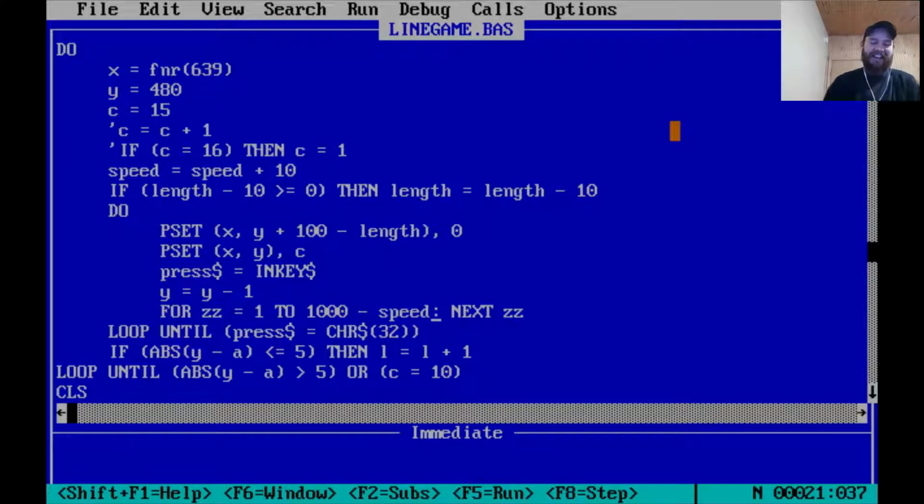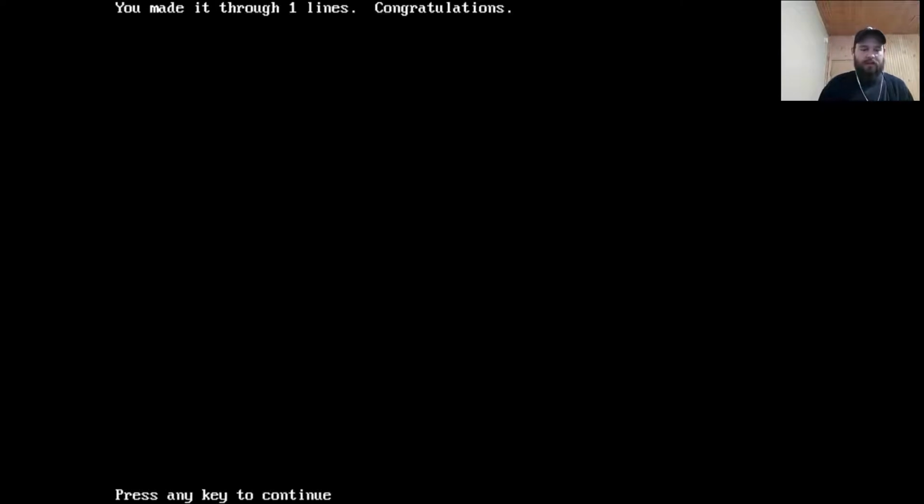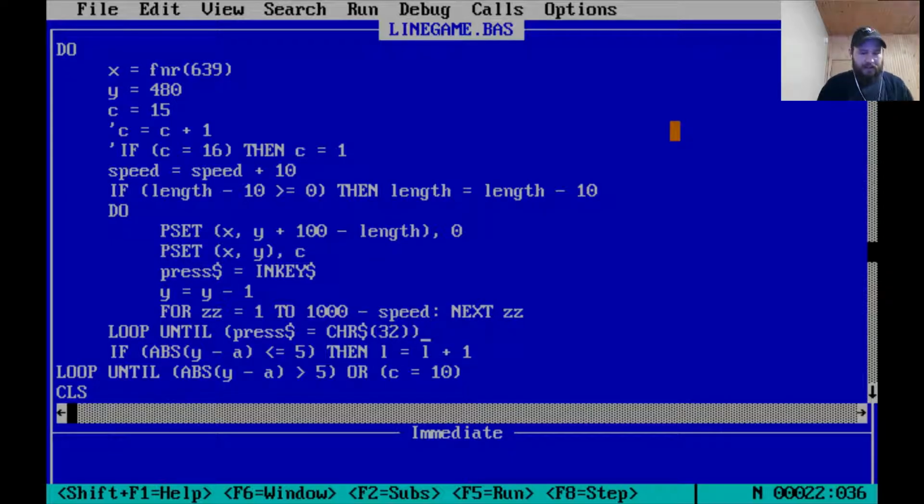Okay, here's the explanation of the game. I remember now. You're starting off with 1 pixel, and you have to hit spacebar when it matches the line. And then you're given another thing that's not quite a pixel, it's a bigger line, and I made it through 1 line. So as the object moves towards the line, it's your job to press spacebar when it's at the line. And it looks like I give you a window of 5 pixels on either side,